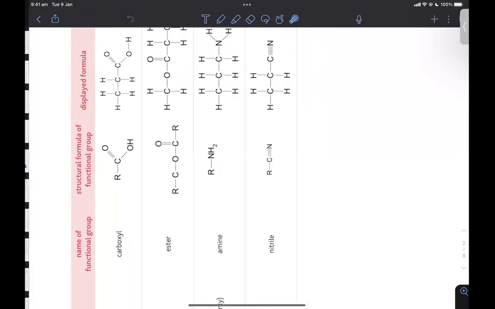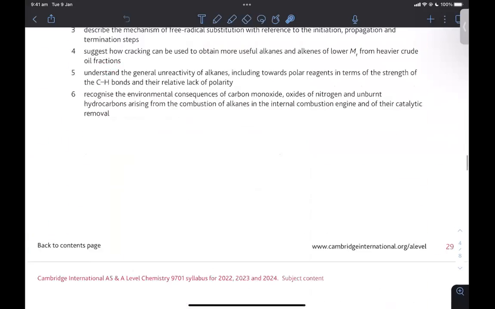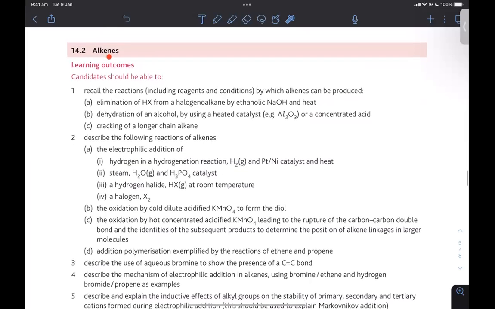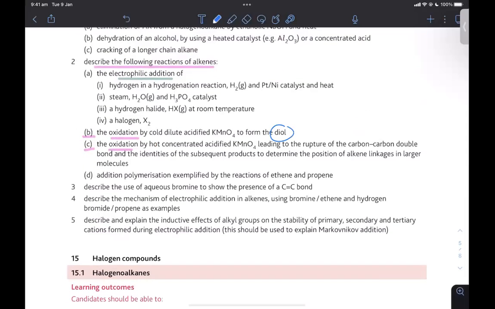Oxidation of alkene. I'm so glad you chose that question, Rahiman, because a lot of students forgot that they only thought it's addition reaction under alkene. Well, most of the reactions are addition reactions, but then there is also something else, part B, part C, which are called oxidation of alkene. Describe the following reactions. These are not A2, these are AS syllabus. Under the AS syllabus, you can get diol. So when you have alkene such as that,